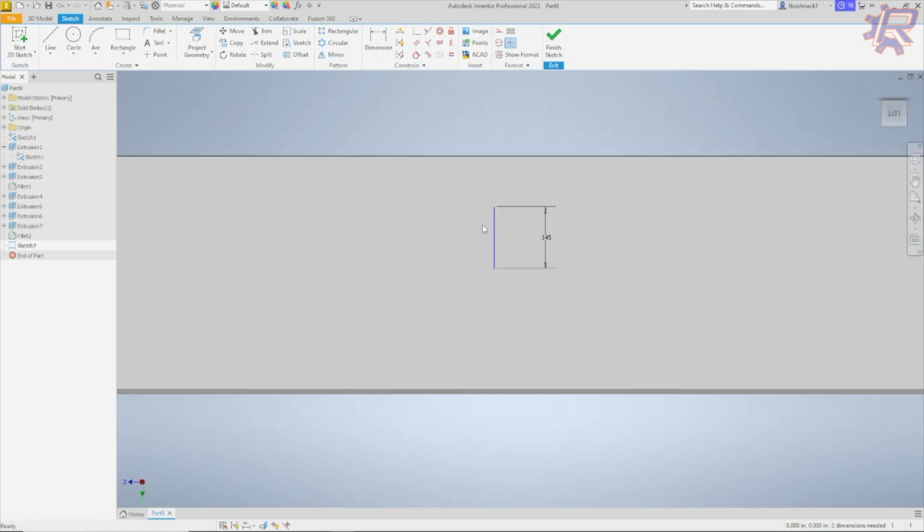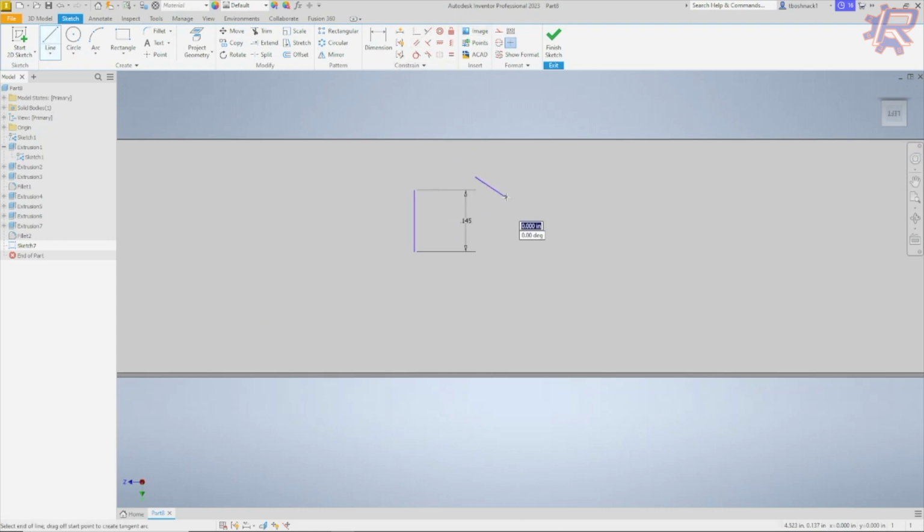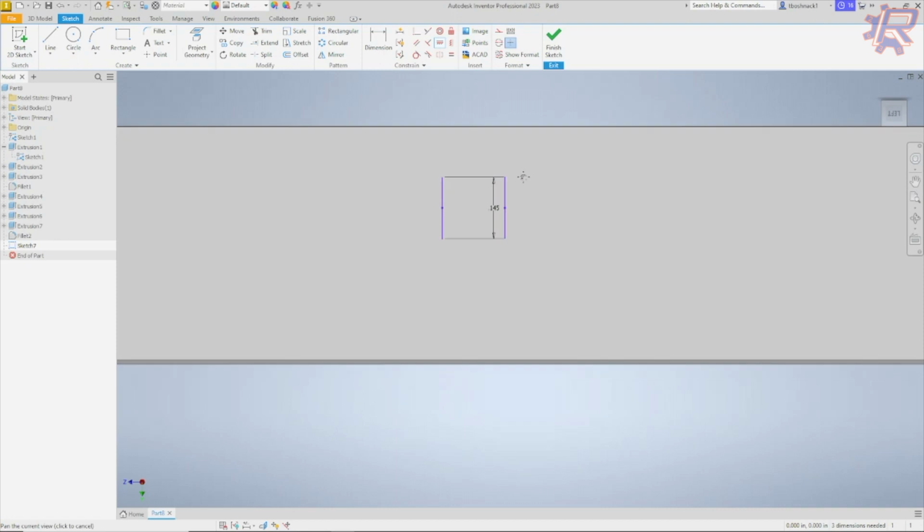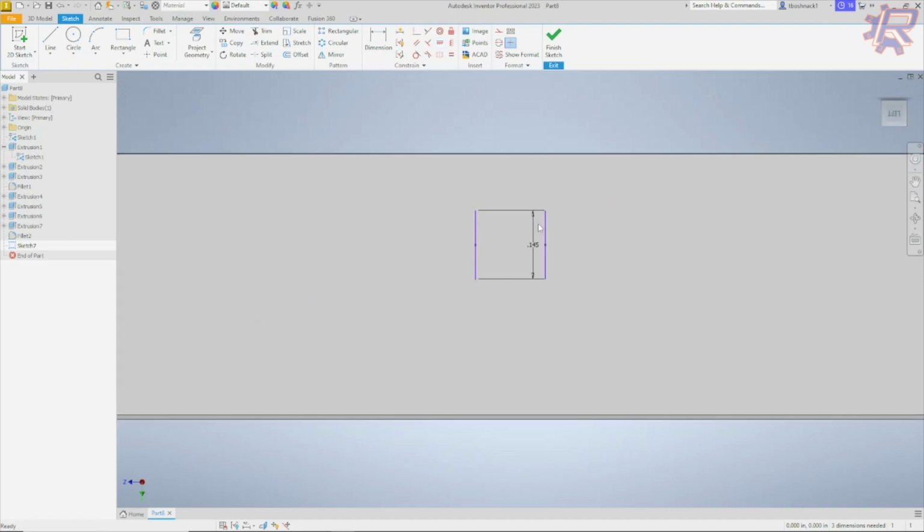The next thing we're going to want to do is make a second line. So I want this line to be in line with this, same size, and the way that we're going to do this first is by making them equal. This makes them the same size, and then secondly we can use the parallel constraint to make them parallel. And I mean, we could just line up their Y values. That was the wrong one. We can line up their Y values. And then the next thing we can do is use the dimension tool to make them 0.125